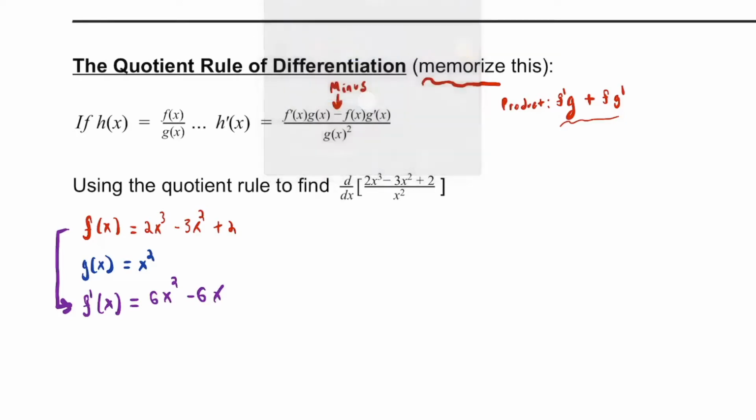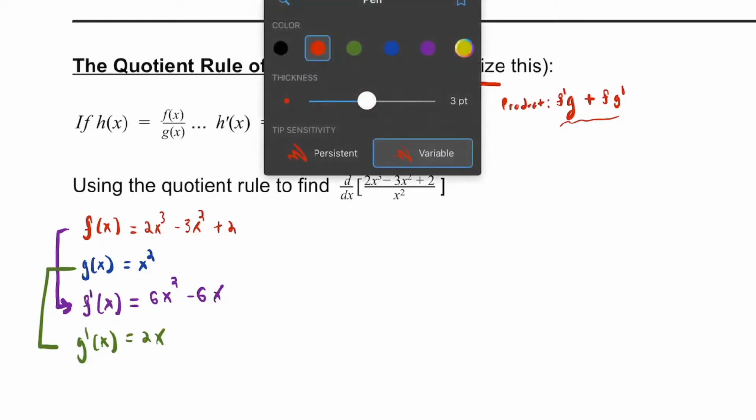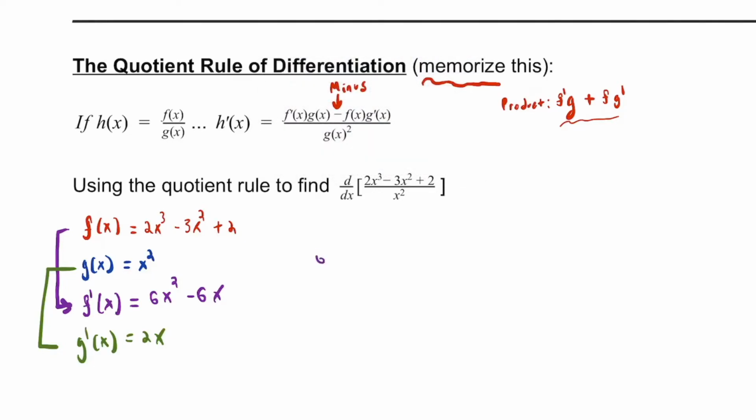And finally, the derivative of the denominator, g prime of x, is just 2x. And so we're going to put all these together using the quotient rule. We are going to have f prime, the derivative of the first function, 6x squared minus 6x, f prime times g, which is just x squared, all of this over,